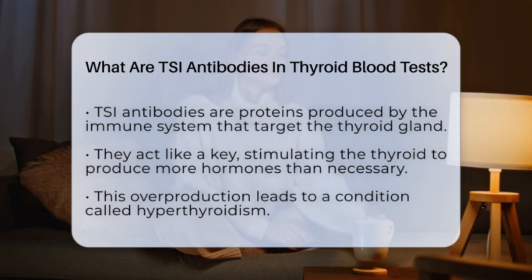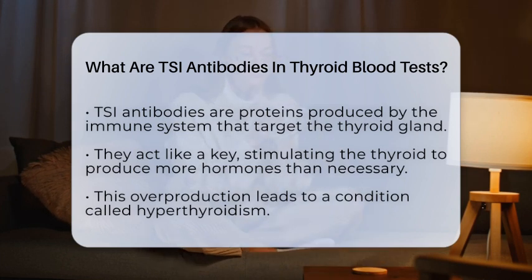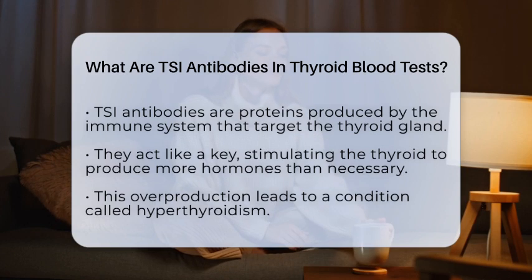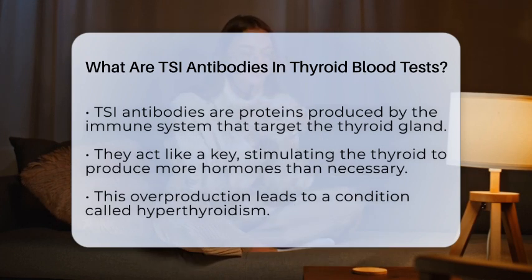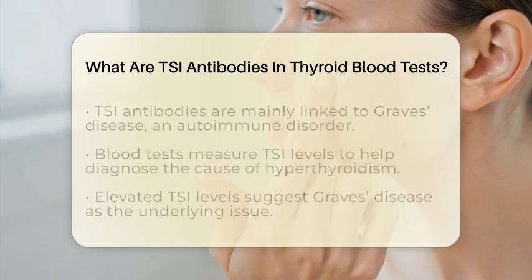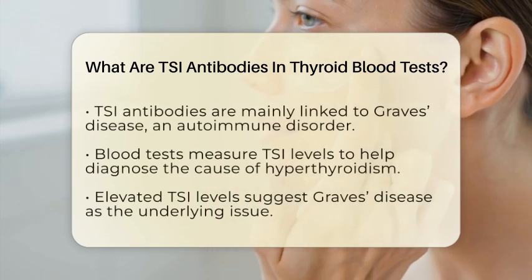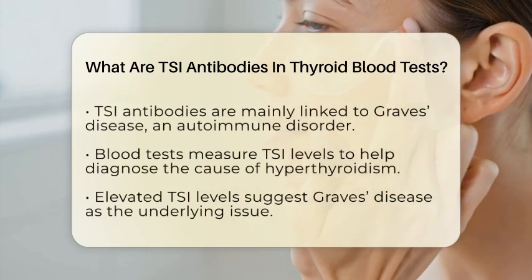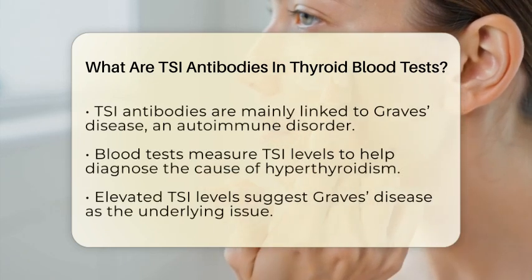They act like a key that fits into the receptor on thyroid cells, tricking the gland into thinking it needs to produce more thyroid hormones. As a result, the thyroid overproduces hormones, leading to a condition called hyperthyroidism. TSI antibodies are most commonly associated with Graves' disease, an autoimmune disorder where the immune system attacks the thyroid, causing